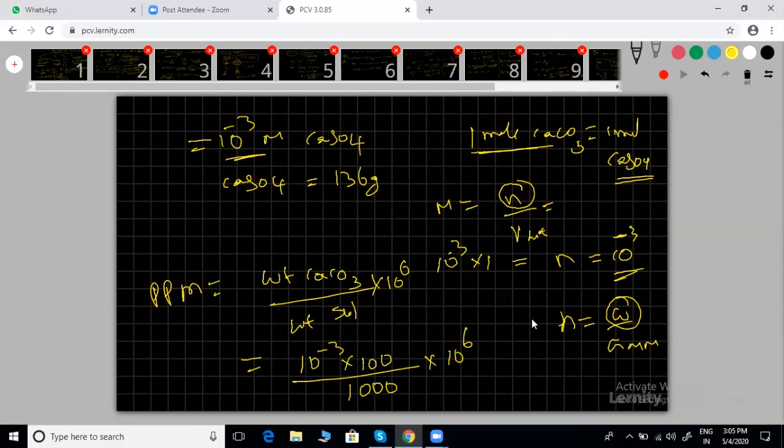100 ppm. I'm substituting here the weight of CaCO3. I find first the number of moles. The number of moles into molecular weight is the weight. From this formula, which we already know from basics, I substituted 10 power minus 3 into 100. Weight of solution, this is molarity per liter. 1 liter equals 1000 ml, so the density is 1000 grams I can take. That's the reason I substituted 1000 grams into 10 power 6 in the basic formula. How much will we get here? 100 ppm. Clear? But some questions you will get.